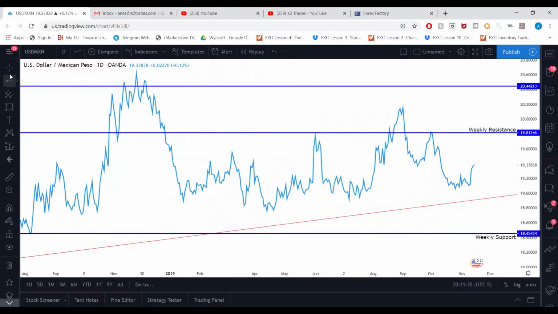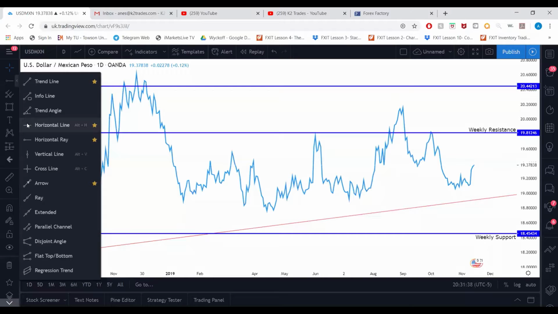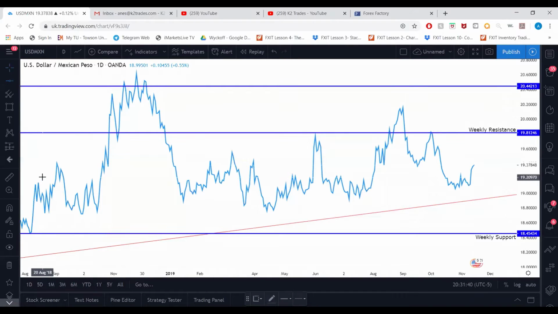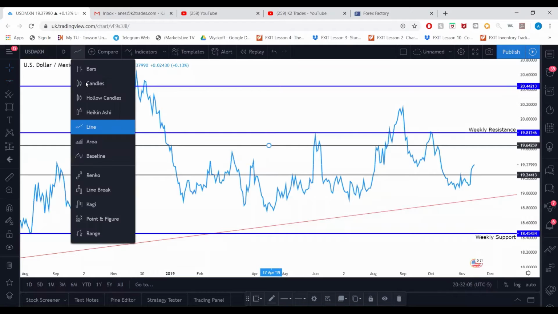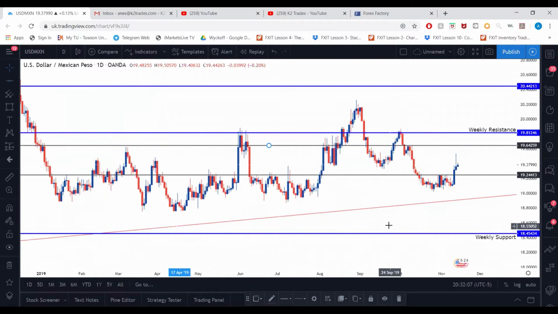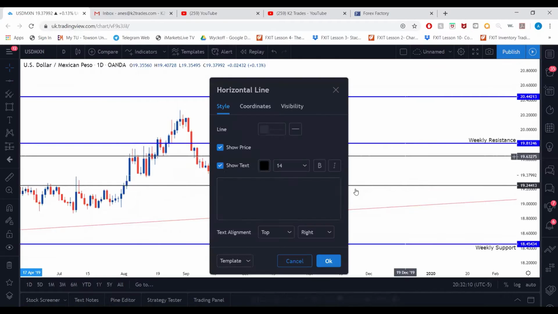Well, let's find some support here. And intraday resistance would be, well, definitely there. So I believe those are all spikes. Yeah. All right, so we're gonna use this as a